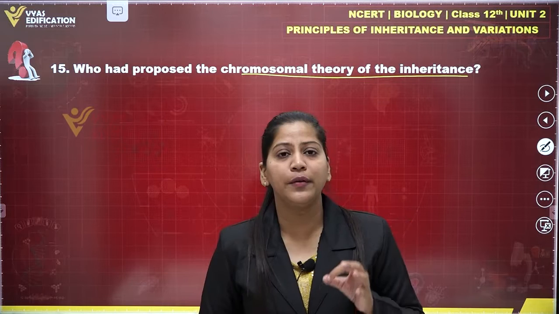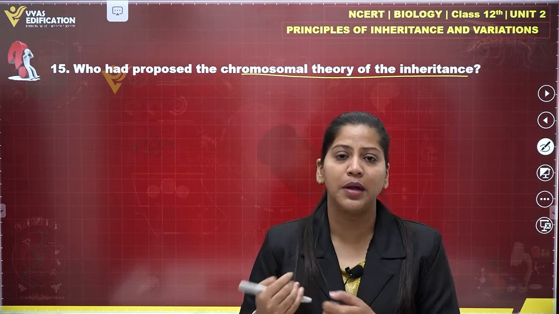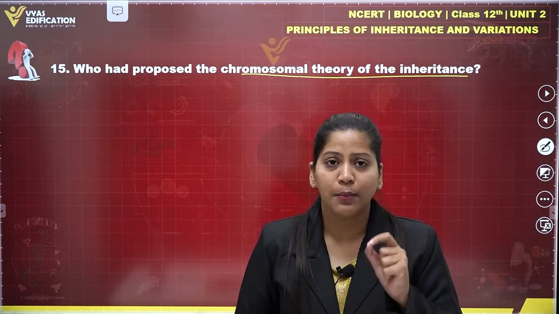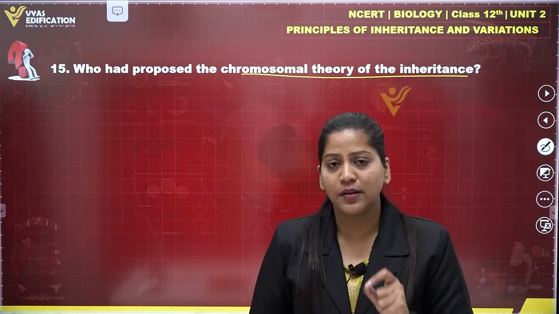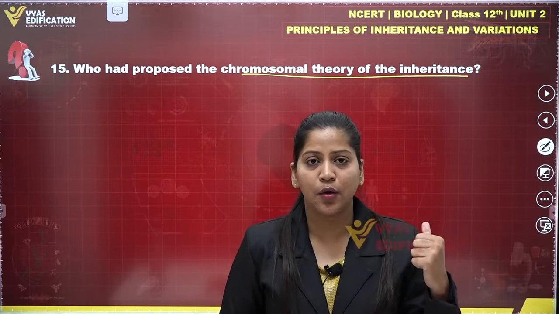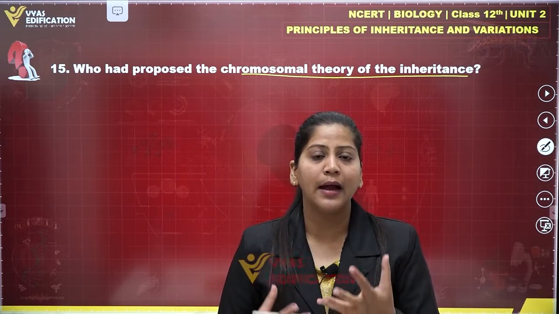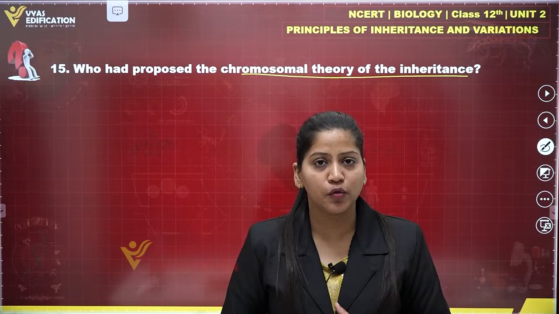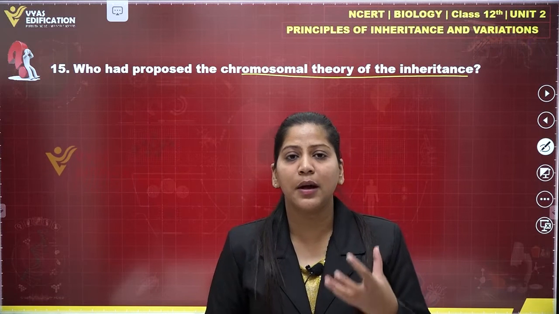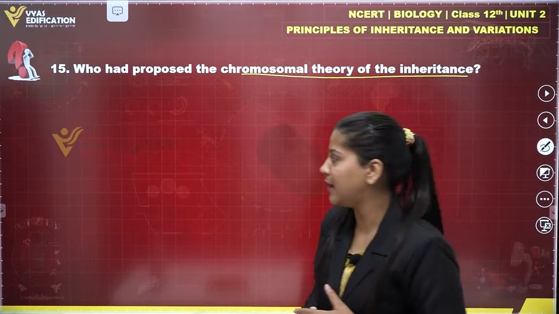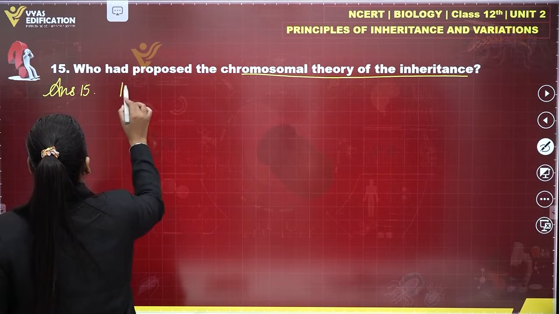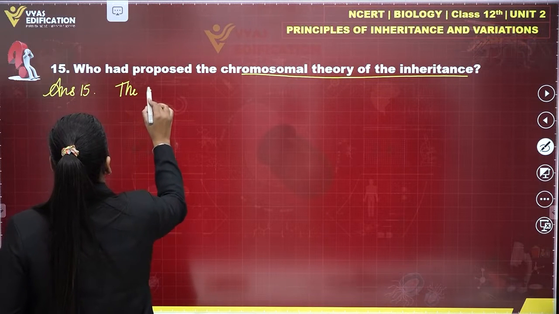The chromosomal theory of inheritance was proposed by two scientists, Sutton and Boveri, in 1902. According to this theory, they stated that the inheritance of chromosomes followed the same pattern as the inheritance of genes as per the Mendelian laws of inheritance. So if we write answer 15, first of all,